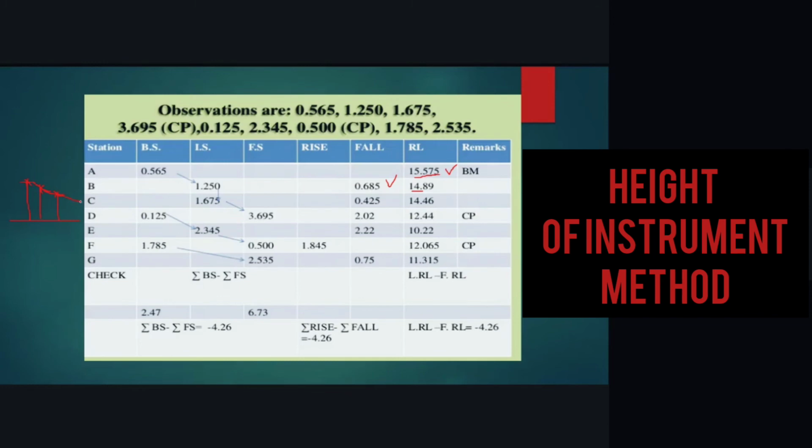So it's getting down like this. The next one is 12.44. So if you see, it's going down. And if you join all of these, what kind of terrain is forming? It is going down, going down. So this is 10.22, and if you see here again it's rising at point F, so it's 12.06, so it will rise like this. So it's just like a valley. Can you understand this now? And the last reading is 11.315, so it's somewhere here.